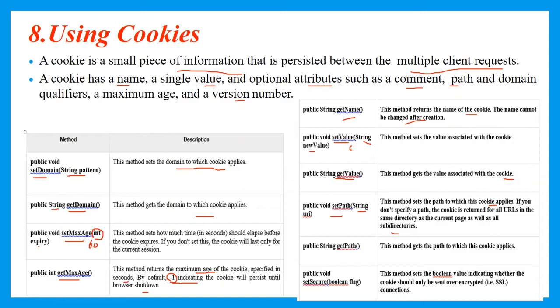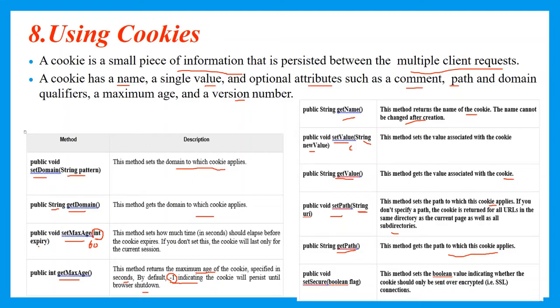Like, I want to keep all the information about cookies in the D drive in a folder called Java. In that case, I will specify the path where the cookies are going to be stored. Now I want to retrieve the path in which the cookie information has been stored. For that, we will make use of the getPath method. The getPath method gets the path to which the cookies have been applied, where exactly the cookies have been applied. In order to retrieve that path, we will make use of a method called getPath.